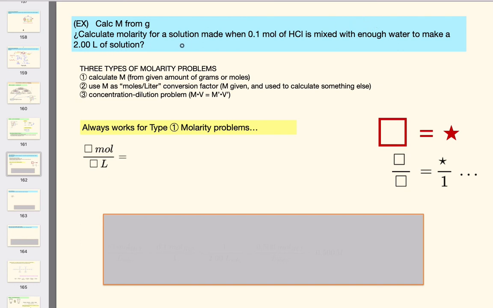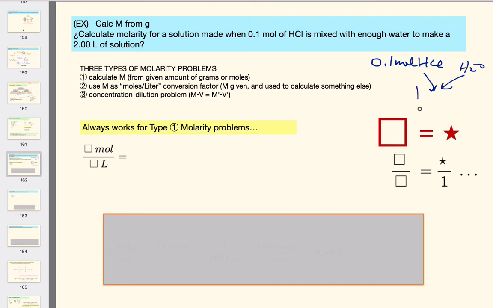Okay, let's look at a sample problem. Calculate the molarity for a solution made when 0.1 moles of HCl is mixed with enough water to make a 2-liter solution. First, let's envision what's happening. We're taking 0.1 moles of HCl and we're combining that with enough water